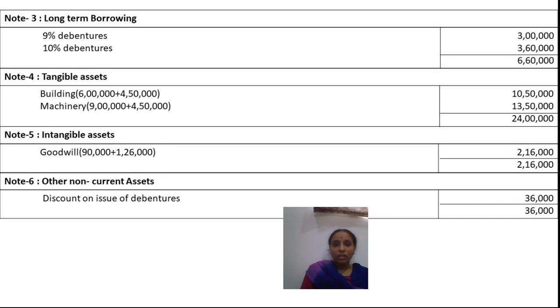Here the building amount, that is tangible assets, 6 lakhs of X company plus 4 lakh 50,000 of Y company is 10 lakh 50,000. Then machinery 9 lakh and 4 lakh 50,000 of Y company is 13 lakh 50,000. Total value after amalgamation is 24 lakh. Then goodwill 90,000 previously, and after incorporation the balance transferred to goodwill account is 1 lakh 26,000. So total goodwill will be 2 lakh 16,000 in the amalgamated balance sheet. And discount on issue of debentures is 36,000, which we take under non-current assets. So this is altogether the problem on merger